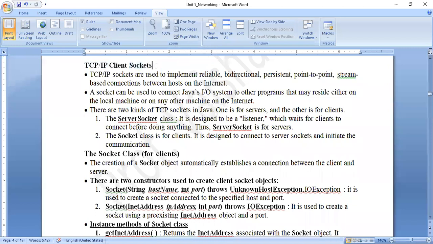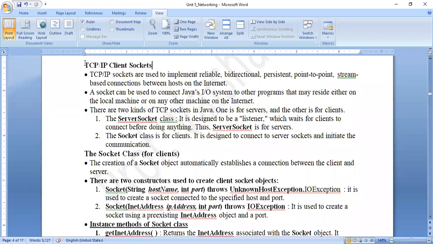Connectionless means the packets are routed in different directions. Here the packets may get delivered through different routes. The only advantage in this type of communication is that the packets will reach faster, and even if one route fails, the packets may take the alternative route. So here the speed is the advantage of connectionless. In connectionless, we make use of the UDP protocol, that is user datagram protocol, and the socket which supports connectionless communication is called a datagram socket. In the next section of our chapter, we are going to learn about datagram socket.